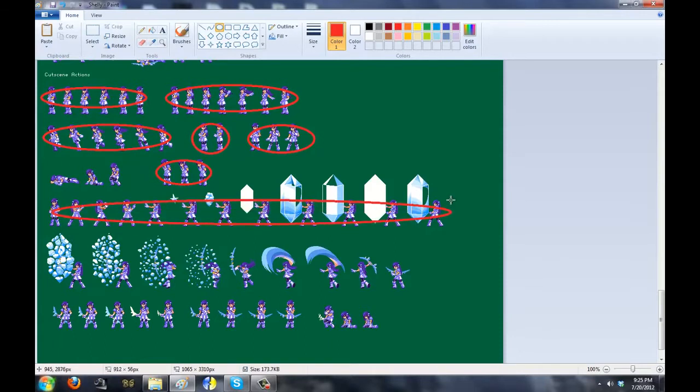This looks like her fat beat combo right here, where she would... Actually, no, this looks like her intro. I didn't rip these. I gotta rip these. Yeah, I gotta rip these because this is her intro. She needs an intro. Okay, and this is her win pose. This is another win pose I can imagine, and this is her lose pose. So I have to go back to ripping